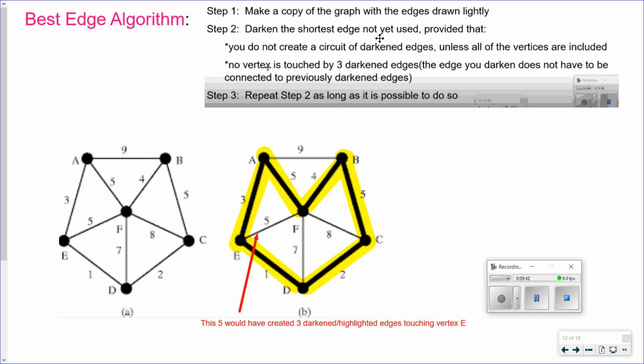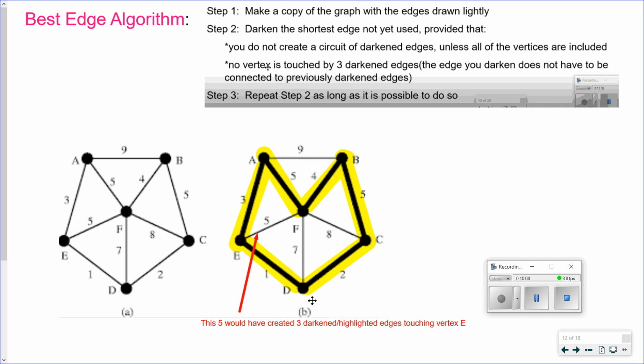This one says darken the shortest edge not used. So I did this all in one graph here. I started with 1 because that was the shortest edge, and then you keep adding in the next minimum. But you don't want to create a circuit, unless all the vertices are included, and you don't want any vertex to be touched by 3 darkened or highlighted